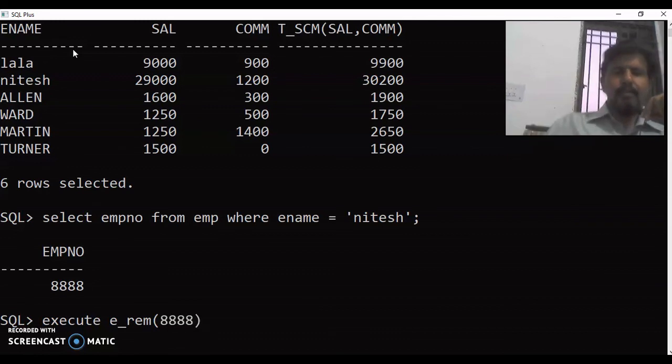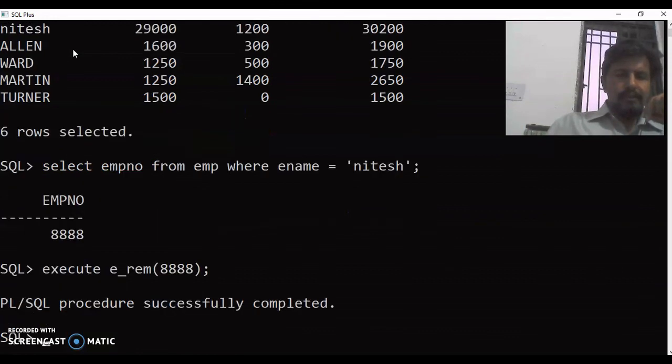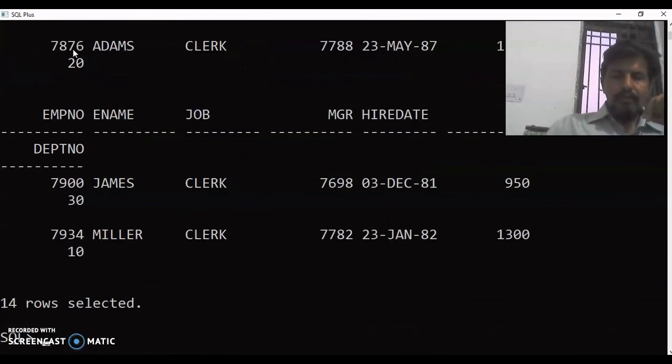So this employee has to be removed. Suppose today one employee has resigned, I will note his employee ID and then execute this procedure. It is successfully completed. That means now if I see the list from EMP, I will not find Nitesh. Now 14 records are there, Nitesh is not there. So this is how you can write subprograms using a PL/SQL block.